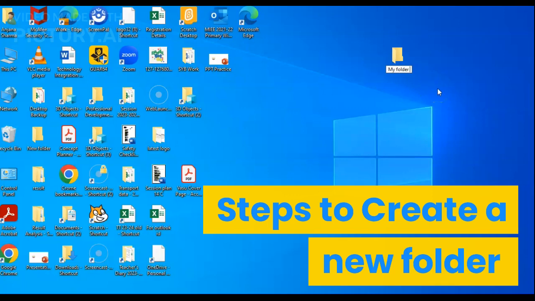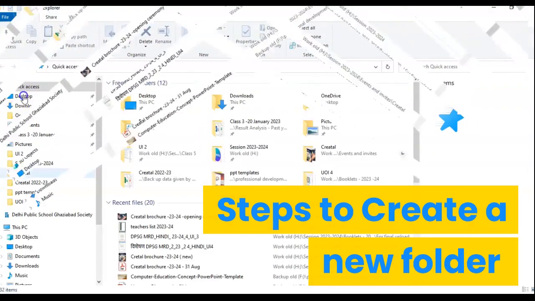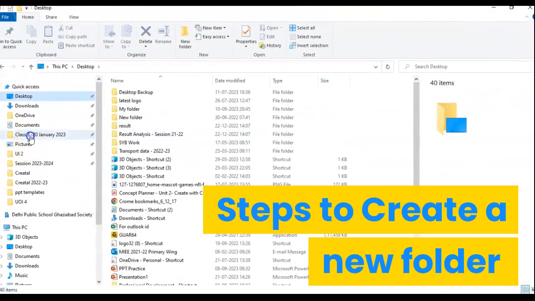You can repeat the same steps if you want to create a folder inside some other folder on the desktop. For that, you will have to open the Explorer window, and then you can go to any folder where you want to